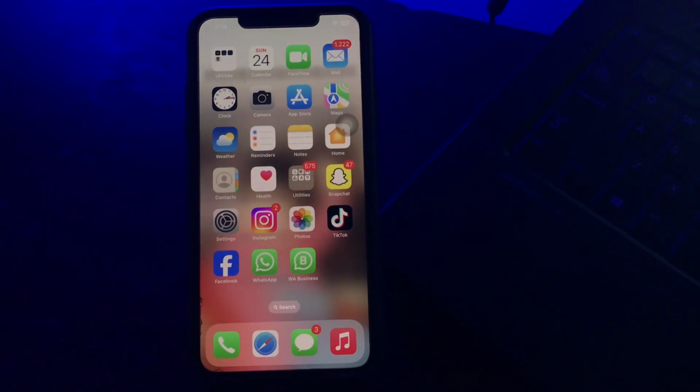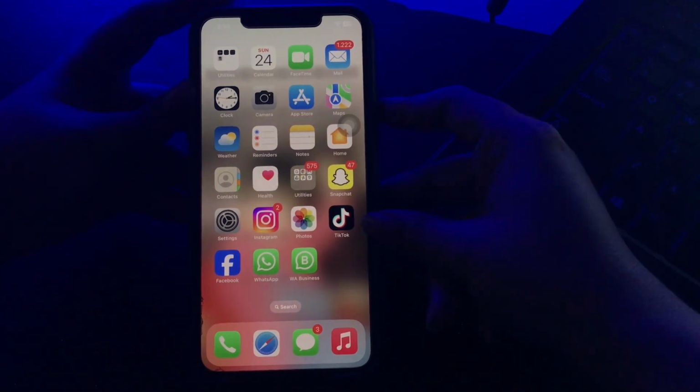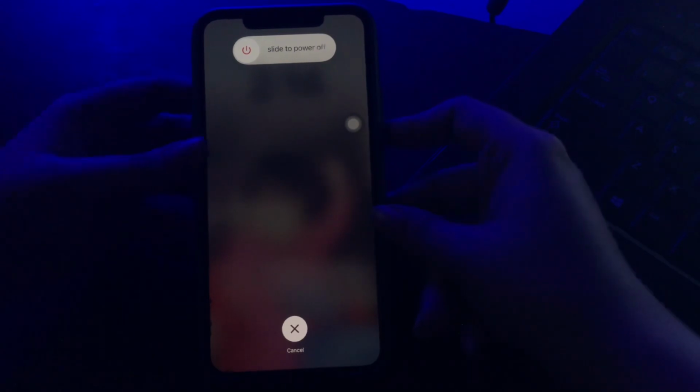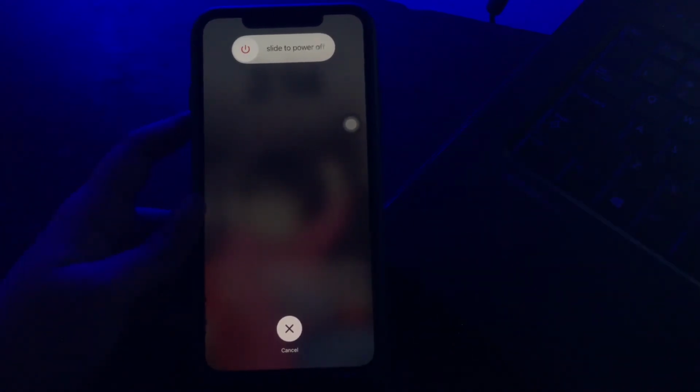The first step is to force restart your device. One solution to address the issue of Messages in iCloud not working involves performing a force restart on your iOS device. For this, you just need to press and quickly release the volume up button and do the same with the volume down button, and press the power button. Next, slide to power off, wait for some time, and then press the power button until you see the Apple logo on your screen, and you are done.